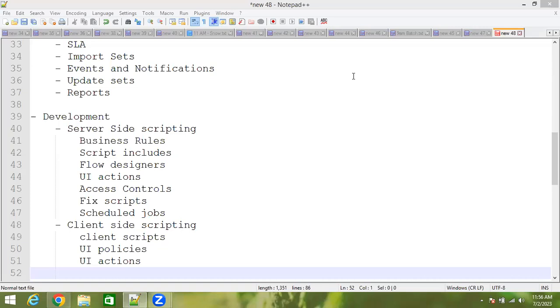For example, you are an end user and you do not know about ServiceNow, but you have some problem. You can reach out to the support team, and they will raise a request on your behalf. They have additional responsibilities as well.